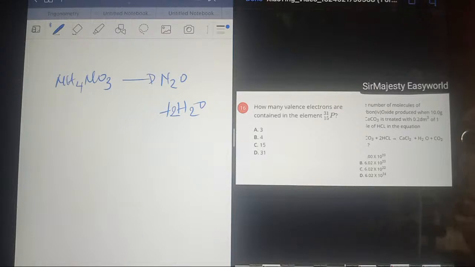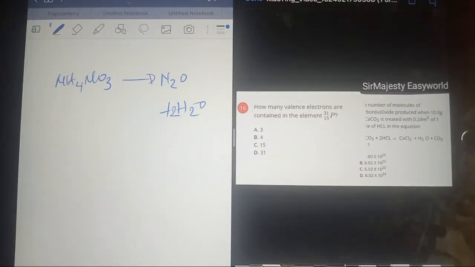So if you do this, phosphorus is number 15. Phosphorus is 2, 8, 5, which means it has 5 in the outermost shell, but there is no 5 in this option. That should not destabilize you. You just ask how many it requires before it becomes 8. That's 3, because 3 plus 5 gives you 8. Remember, valence can be the combining power of an element. So phosphorus has a combining power of 3. That makes the answer 8.